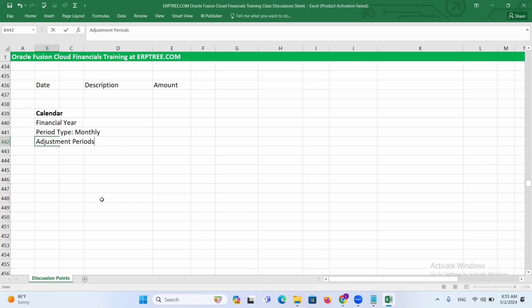If you don't include the adjustment period in the calendar, and in the future the requirement pops up, they cannot have an adjustment period in the calendar. Calendar creation is a one-time decision. Whatever calendar we create, they have to use for the company's lifetime. So that is the reason, even if they don't need an adjustment period at this point in time,